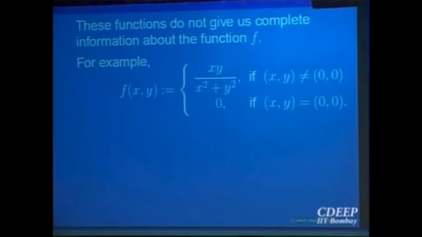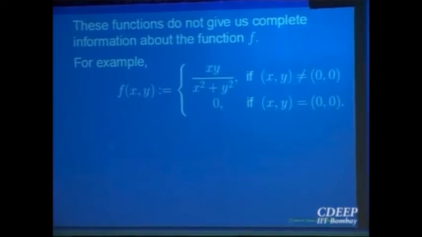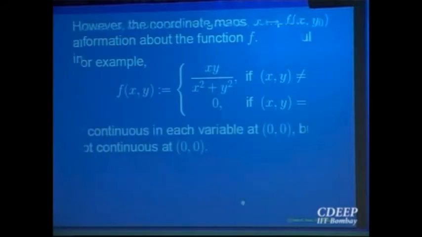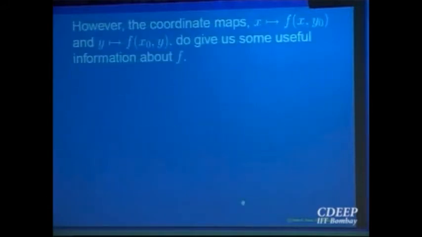So as a function of two variables, it is not continuous. Knowledge about the coordinate functions will not always give you complete knowledge about the function of two variables. But it does give some information, in the sense that if even one of the coordinate functions is not continuous, then the function of two variables is not continuous. So they give us some information, but not the complete information. We would like to continue this idea a bit more.